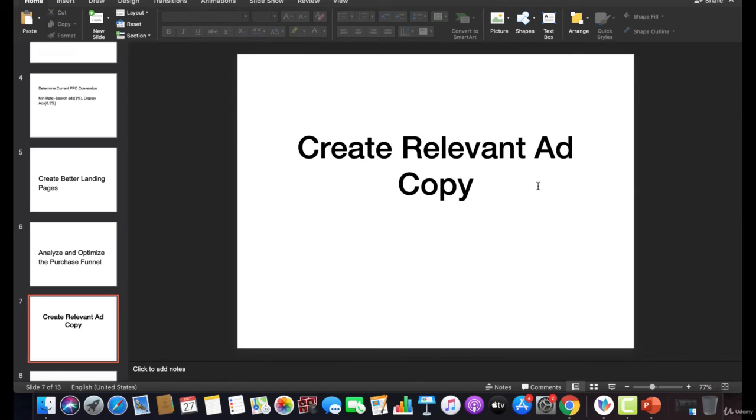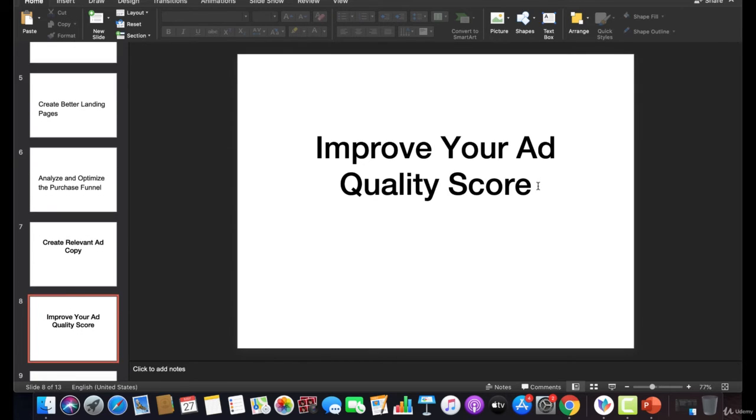After that, create a relevant landing page, and after creating that landing page, create relevant ad copy as well. If your ad is not relevant to particular keywords, that means your keywords are not being triggered to display the ads. If you have improved your ads, landing pages and keywords, your quality score will improve, and that's how quality score needs to be improved. If your quality score improves, your ad rank improves, giving more results in the form of traffic and less cost.